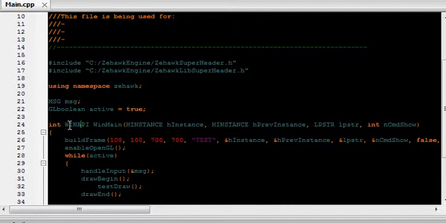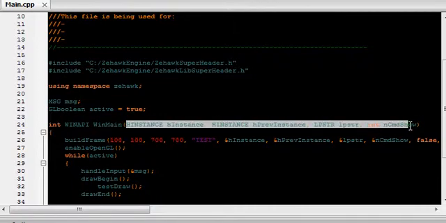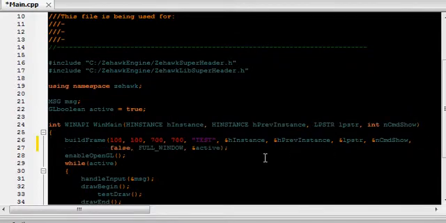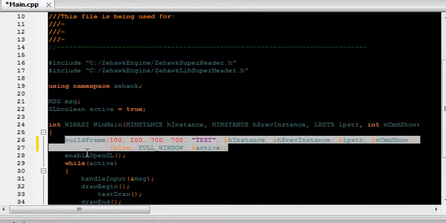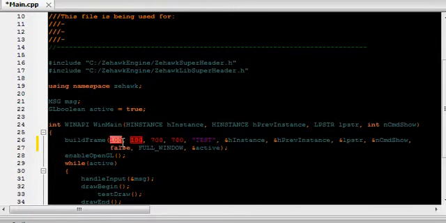Then you want a main method, and it's not like int main. I mean, it is, but it's specifically for the Win API. Once you have that, you want to make sure that your parameters are the same. If they are not, then make them the same. And then directly after, you want to write build frame. You want to do 100, 100, 700, 700, test, hInstance, hPrevInstance,